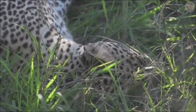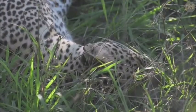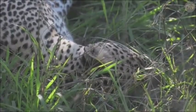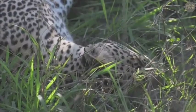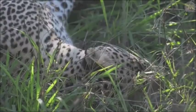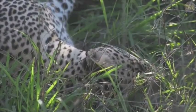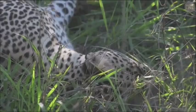It would be so nice to have both the young boys on the same drive. It's been a long time since we've had both of them in the same sort of afternoon, and maybe then we can get a sort of size comparison between them, although it's difficult when you're not in the same sighting, or at least together in some way. But we're kind of at this stage on our own. There are 2 vehicles that are coming here, so I'm hoping that that's going to stimulate our